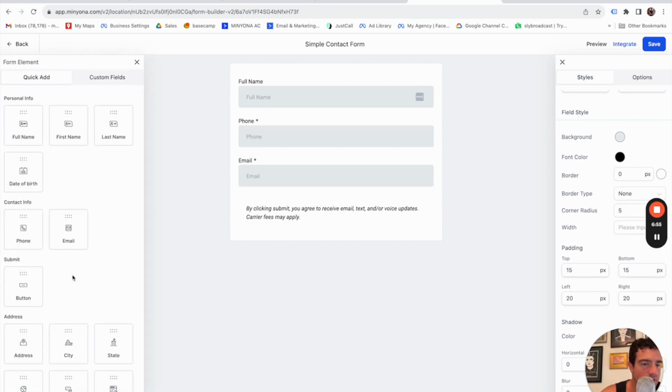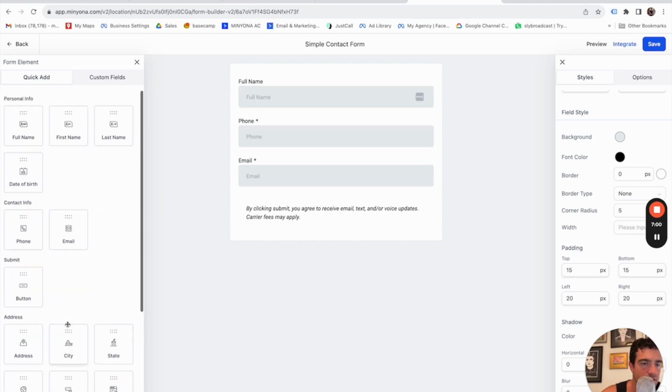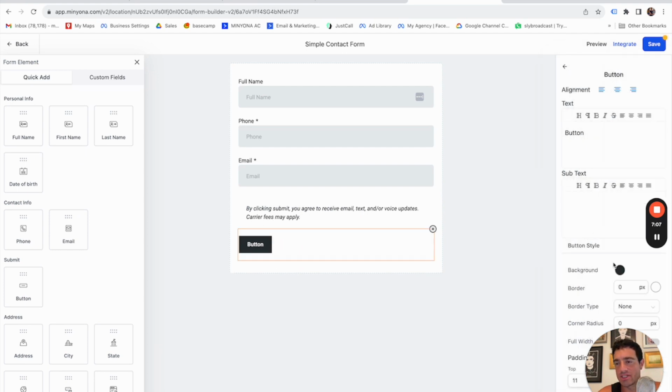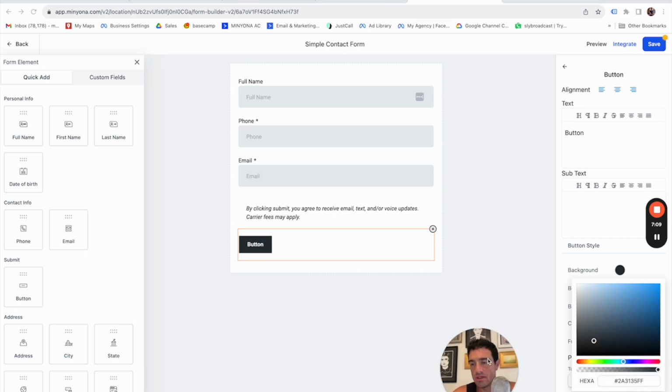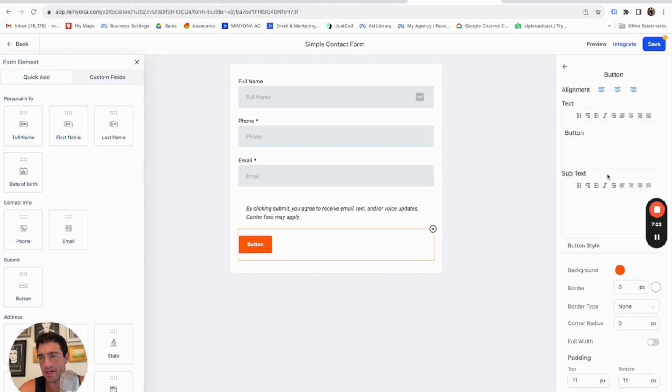Okay, so we can add a button here. So this is what we should do. Where's the button? Button. Here we go. So we're going to add that button in underneath this opt-in message, and now we can actually make the button look, make it pop and make it interesting. So let's give it a color that is eye-catching. Okay. That's very eye-catching. And it's going to say,